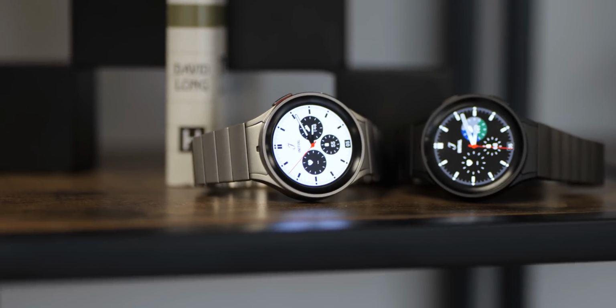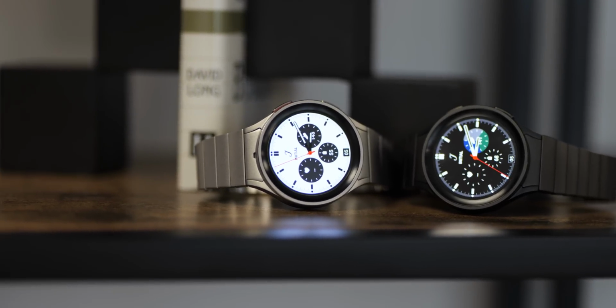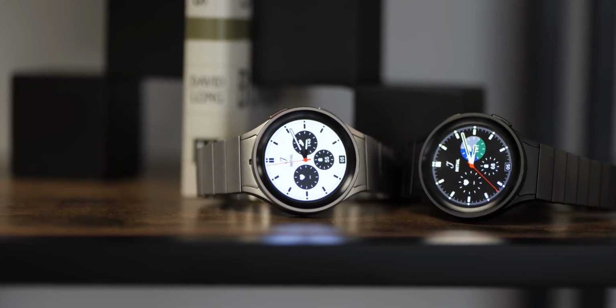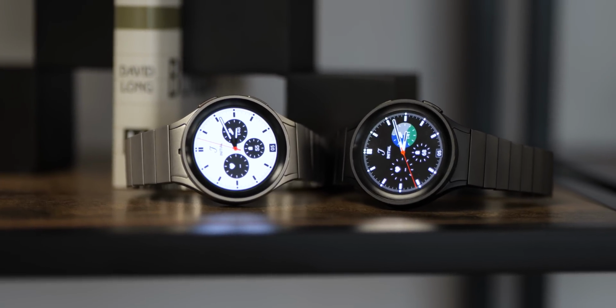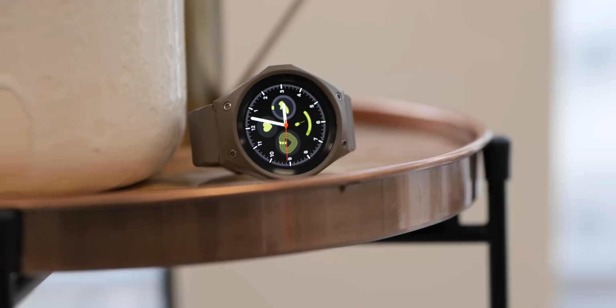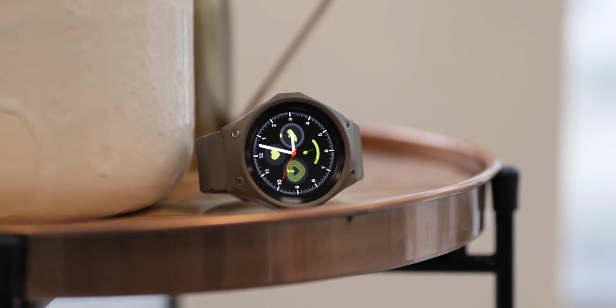It's clearly aimed at the most active people with enhanced GPS functions for things like trail running, cycling and hiking, in conjunction with the extensive suite of fitness tracking modes that you would expect: swimming, running, all that kind of thing. For all intents and purposes, this sort of feels like the Galaxy Watch Active rebirth yet again, in all but name. We're not entirely sure just how big that market is for those extra features,